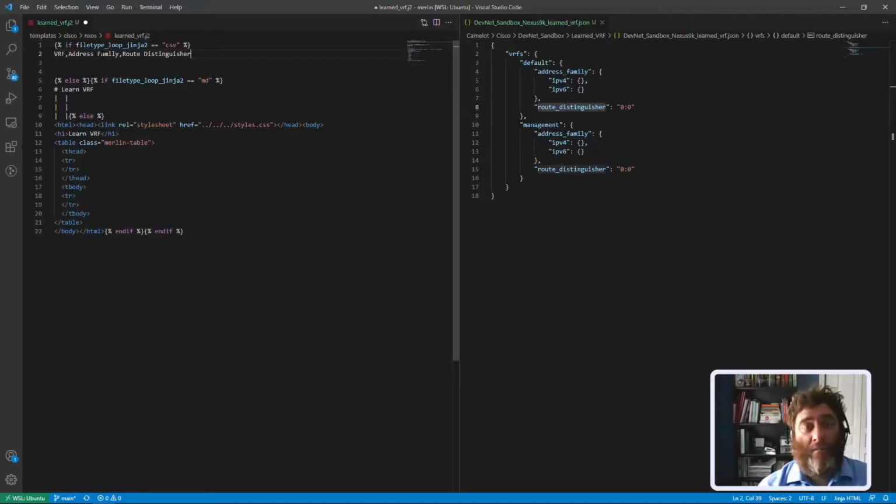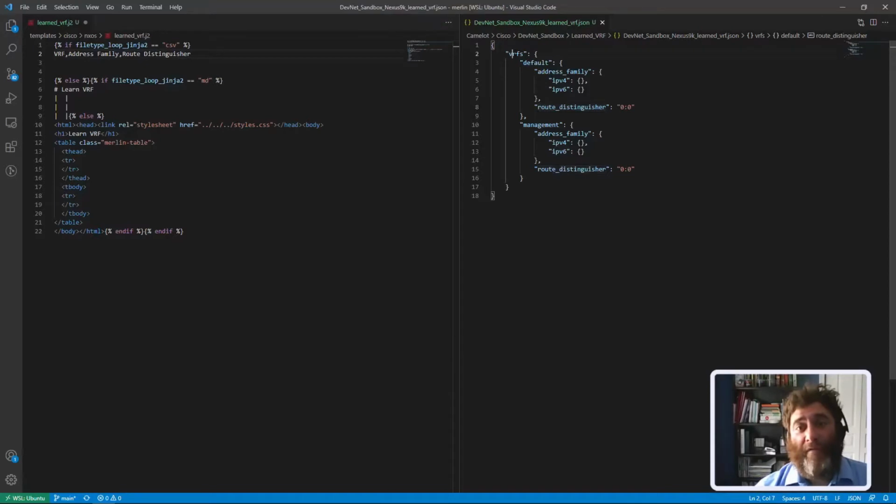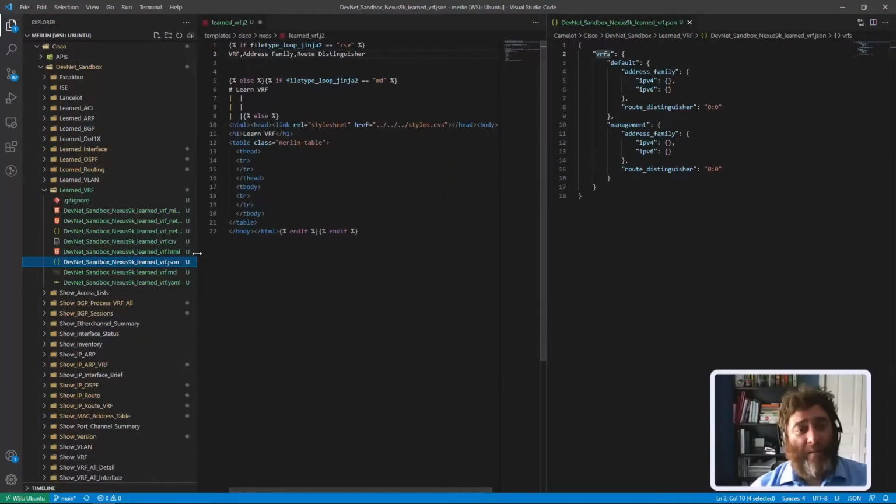So now we need what? We need a for loop. And actually, I'm going to make VRFs. I was right about my assumption. Let's go back to the Python. I need the Python for a second